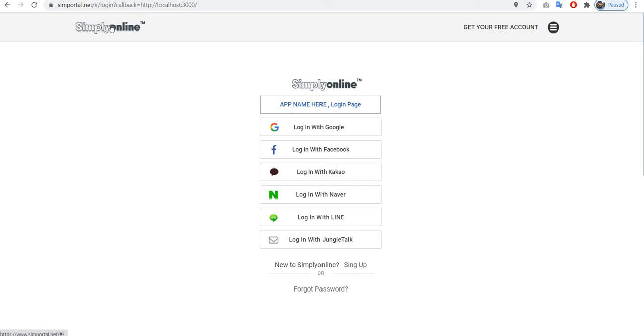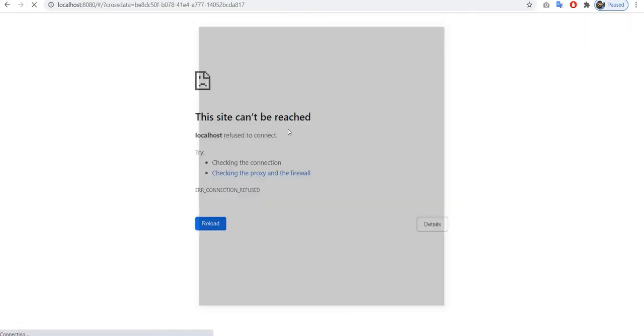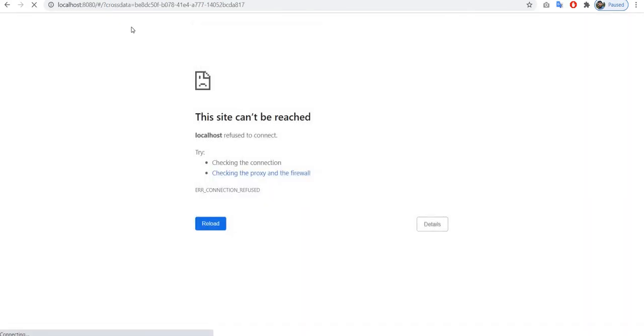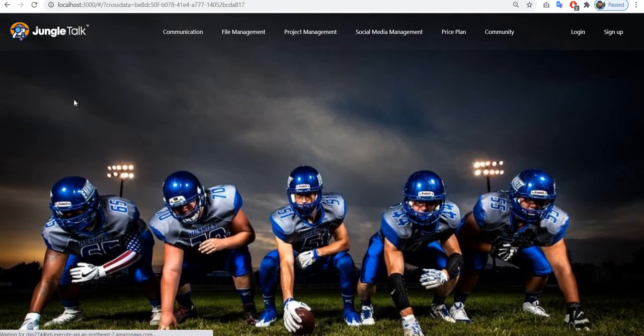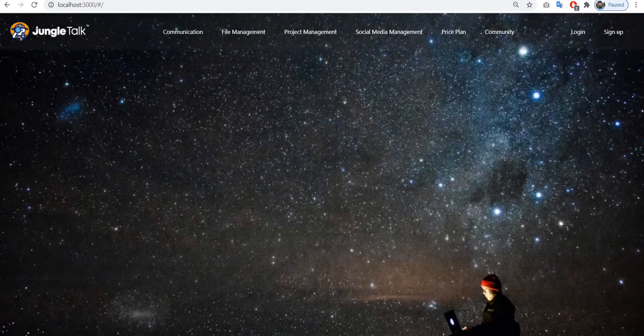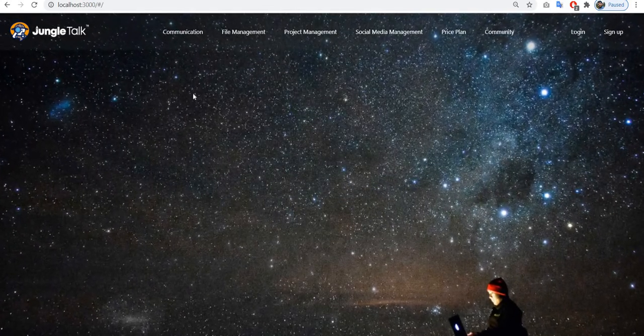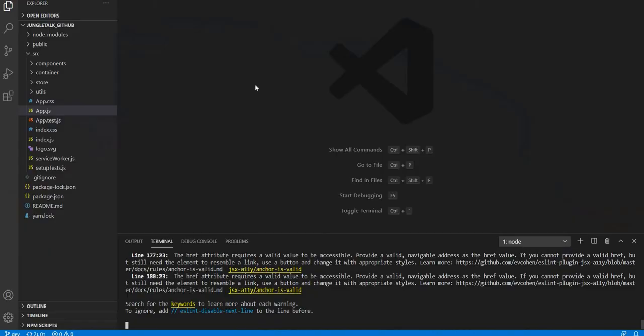As I'm already logged in, I can click on this Google login, and it will redirect to our actual application and again come back over here, and it will be successfully logged in. Let me show you how this process is working.